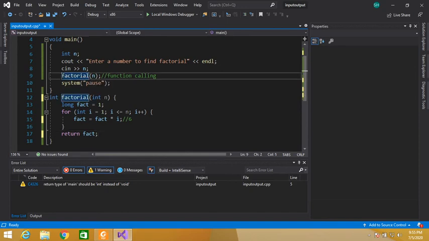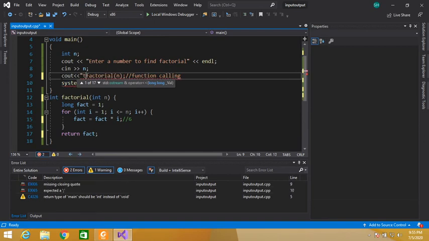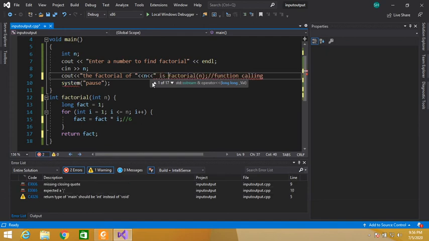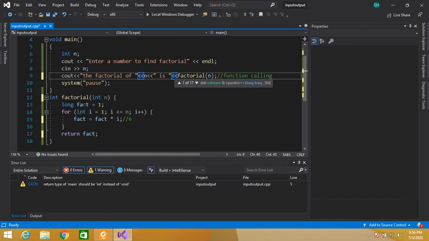So we can display this 6 using cout, the factorial of n is, we can display the factorial like this.